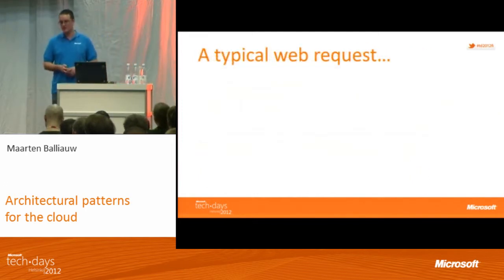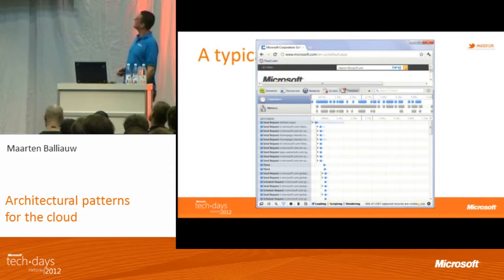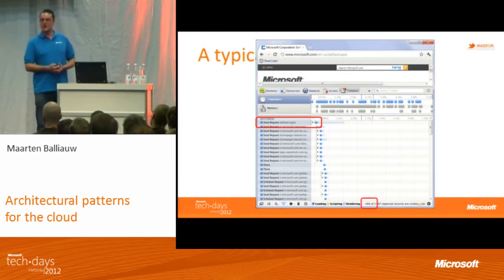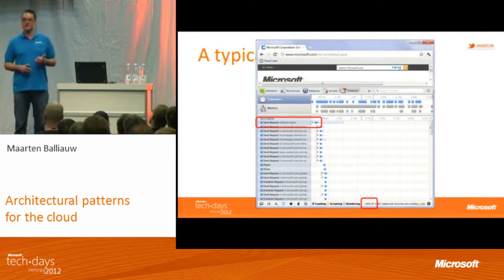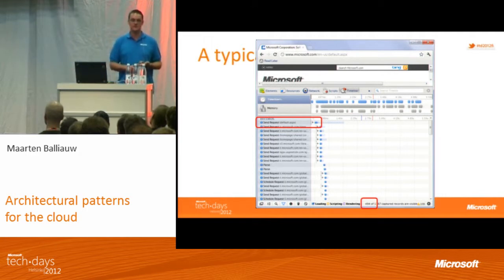Now, a typical web request, if you go to Microsoft.com, for example, you should try this using Chrome and look at what is actually loading. And you will see that there is, I don't know if you can see it, my default.aspx is basically the page that is being requested. All the other requests are static data, images, CSS, JavaScript, stuff like that. If I look at my screenshot, I have one request to a dynamic page, the home page of Microsoft.com, and over 400 requests going to static data, which is kind of interesting